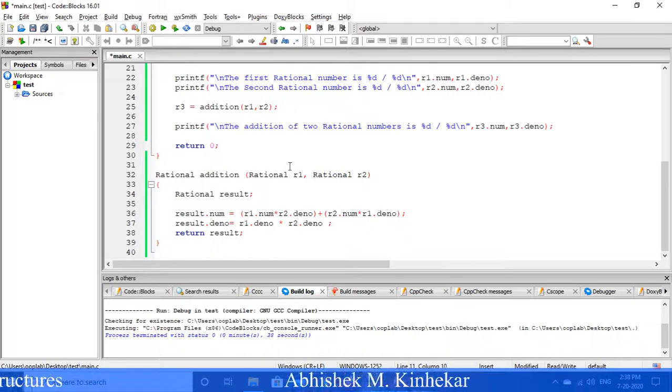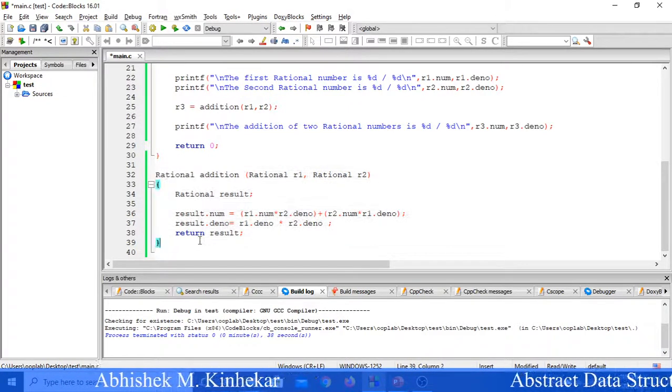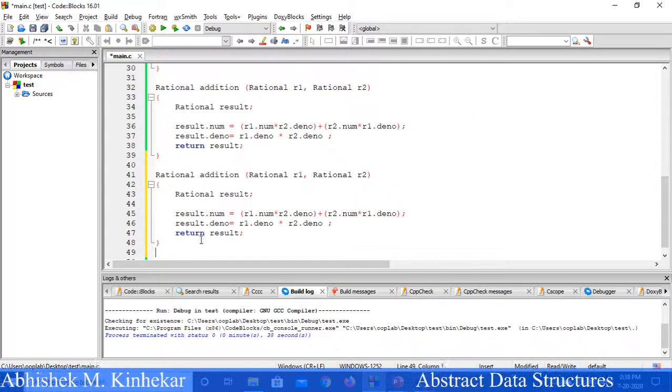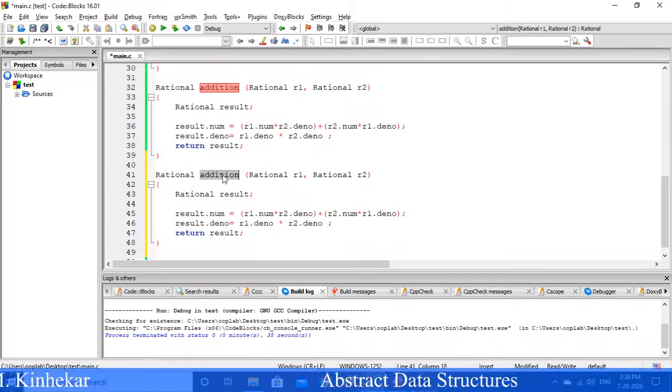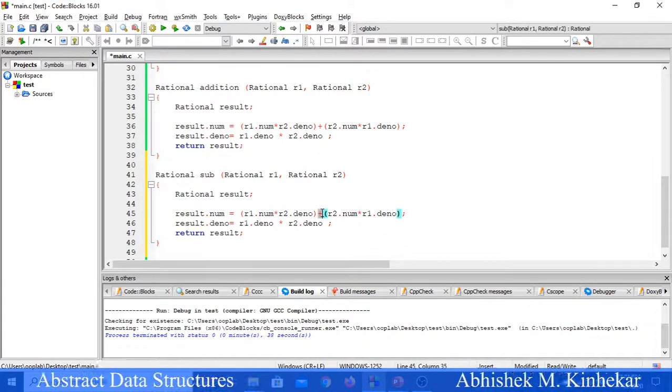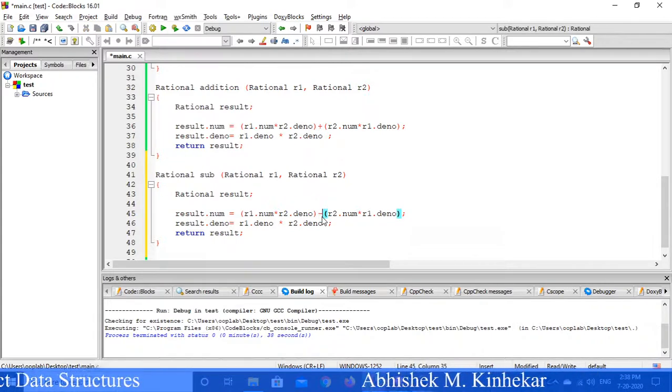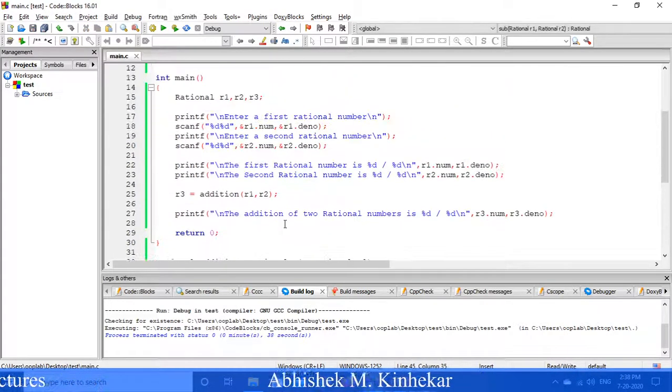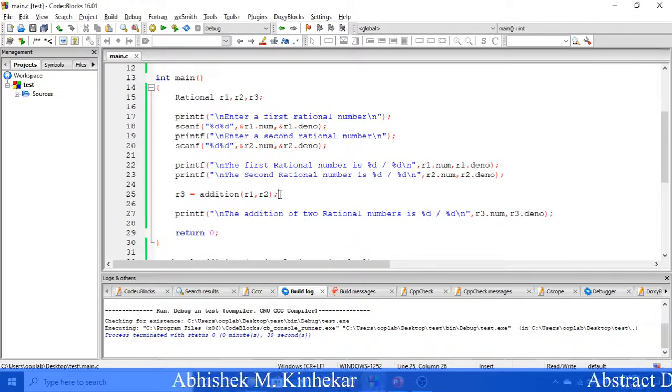Now we will define the subtraction method, correct? So let me just copy this code. I'll simply paste it. I'll simply change the name to subtraction, which accepts two parameters, and in place of addition I'll be putting subtraction, and save, correct? And now I need to make a call for it, correct?